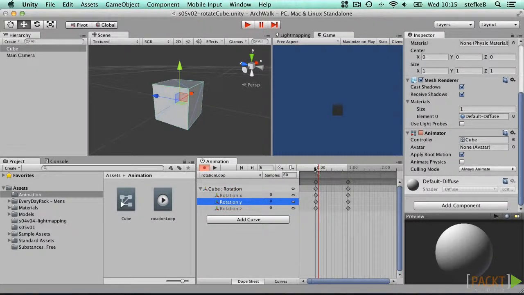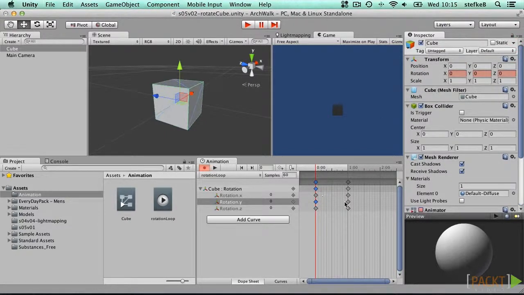It has two keys already defined, indicated by the small diamond shape on the timeline. The red line is a time indicator. Drag the time indicator to the last key position or use the forward-backward buttons to ensure you are adding the rotation Y value at the right time. Set a new value to 360 to ensure the cube is performing a full rotation over the indicated time frame